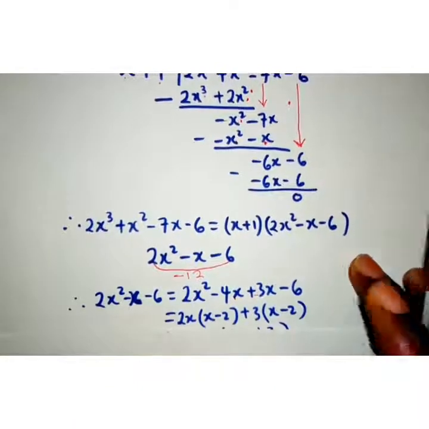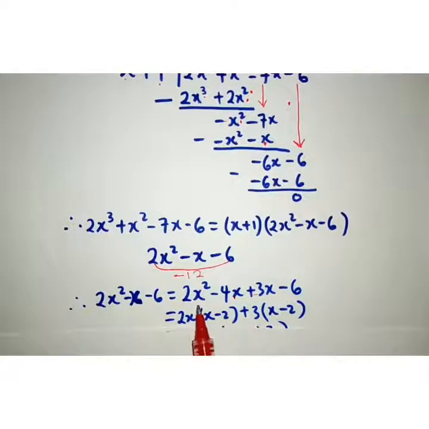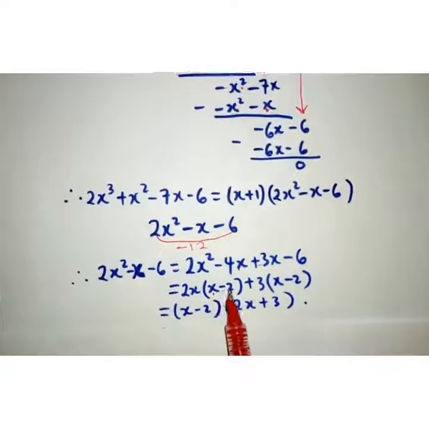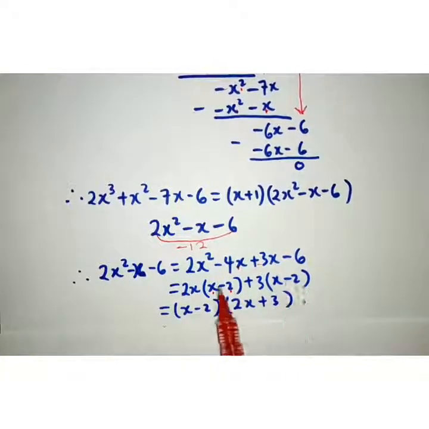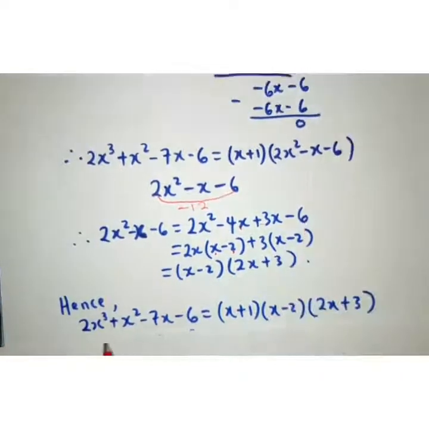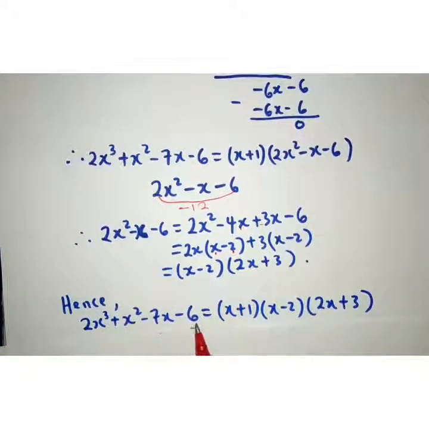And so if we factorize that further, we have 2x is common here, bring 2x out, 2x in 2x squared, we have x, 2x in 4x, we have 2 here. 3 is a common factor here, bring it out, 3 in 3x, we have x, 3 in minus 6 gives us minus 2. And so if we look at this carefully, x minus 2 is a common factor. We can bring that out, and then we have this. So we have that 2x cubed plus x squared minus 7x minus 6 equals x plus 1,